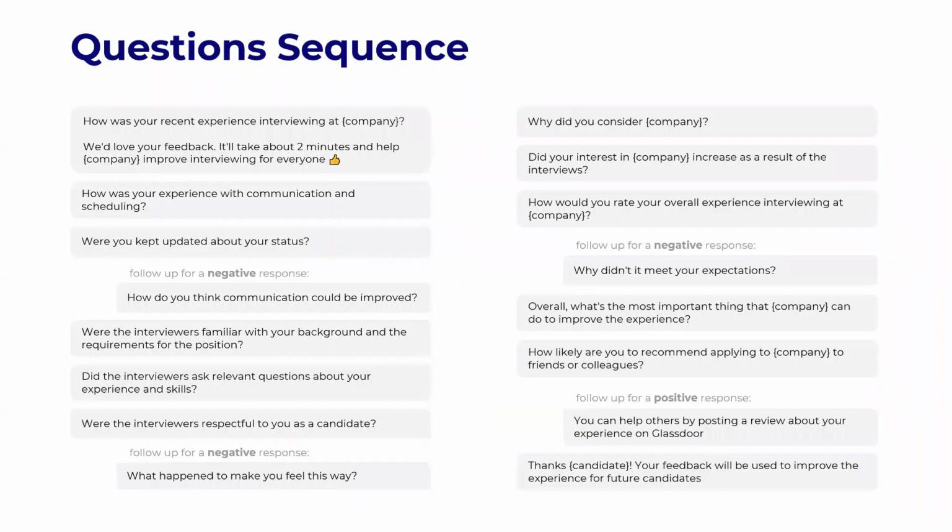So here's the slide with the question sequence. I'm going to stay here for a couple of minutes just so you all have an opportunity to look at the screen. You can take a screenshot of this as well and use it to consider it moving forward. As you'll see here, there's not a lot of questions, so it's very straightforward and easy for the candidate to